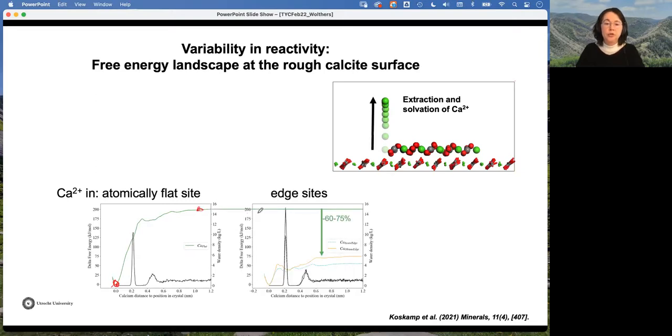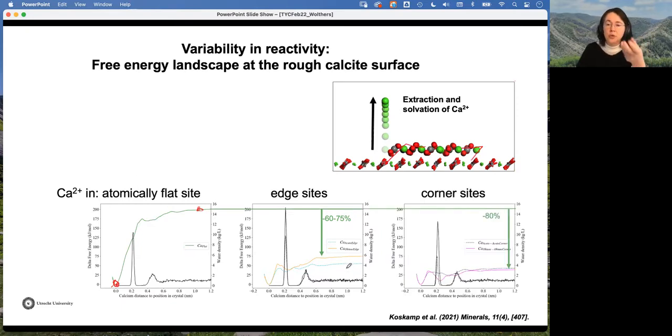If we then look at calcium extraction from the edge sites, we need about 60 to 75% less energy to extract the calcium from these edge sites. And that also varies depending on whether we are talking about these acute steps or about the obtuse steps. And then if we look at calciums that are sitting in kink sites or corner sites, then we need even less energy. We have a reduction of about 80% of the energy to take them out of the surface. And so this is a way to quantify the impact of surface topography to understand what we see at the micrometer scale with this relationship between dissolution rate spectra and